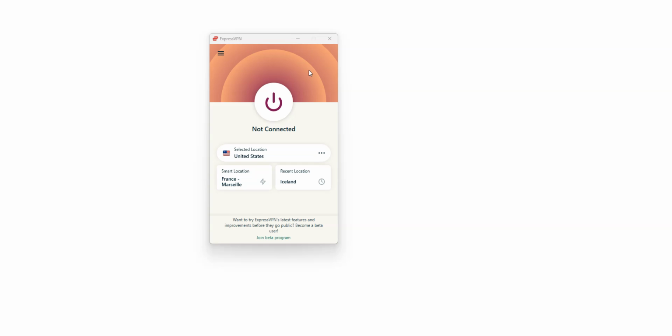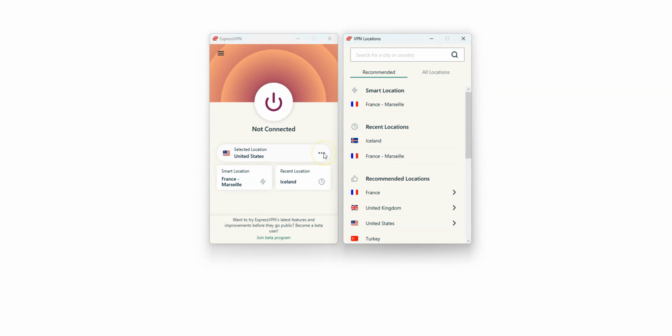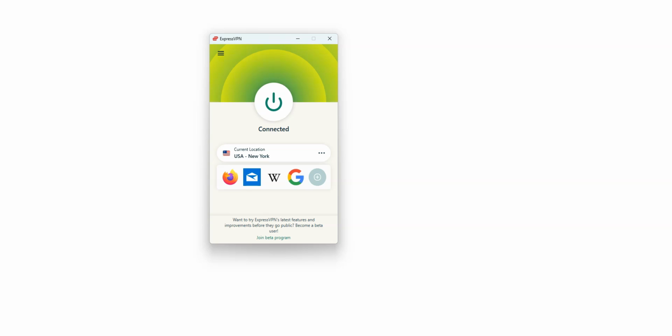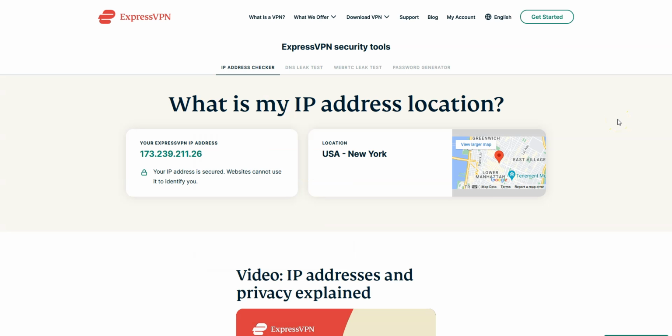I'll do a quick demo. I start ExpressVPN. I'm showing you from my computer because it's much more convenient, but the process is the same on iOS and Android. I choose a location, the US for example. I click here, it's connecting, it only takes a few seconds, and done. I'm now virtually connected to the internet from the US. As you can see, my IP address has been replaced by the IP address of the VPN server located in the US.